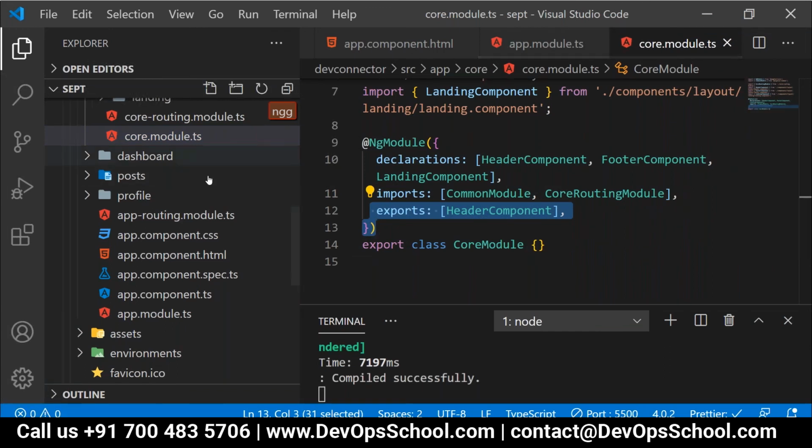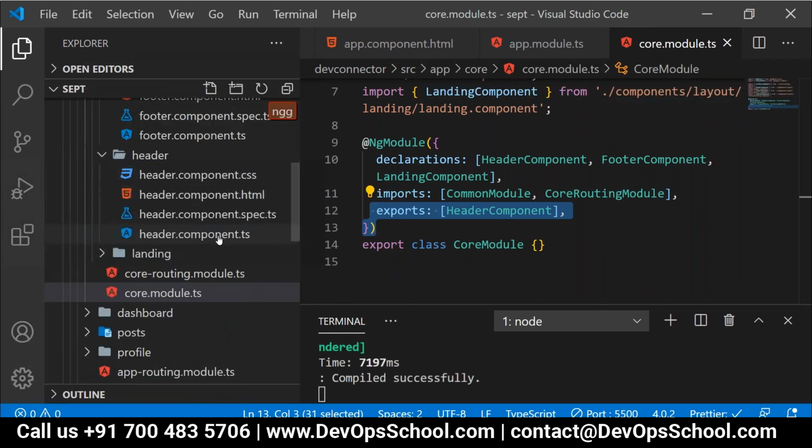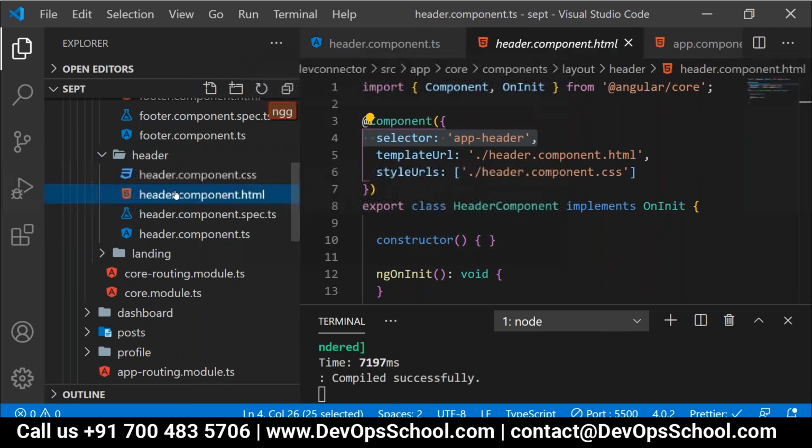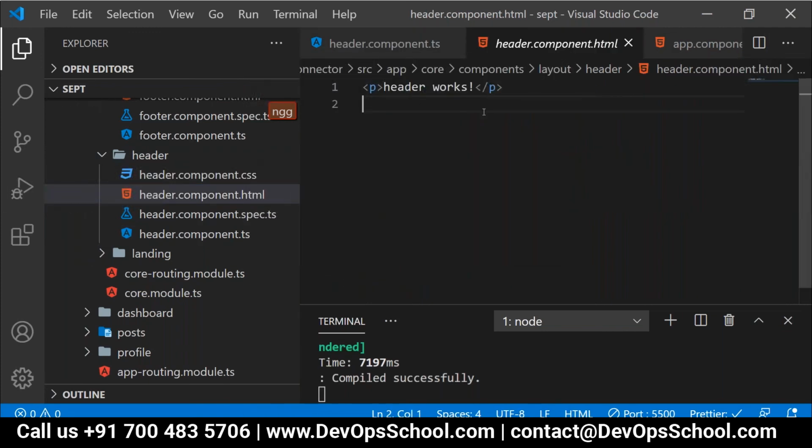It will go to the header component TS. Selector is matched. Then what it will do? Whatever the contents available with this header.component.html, it will pick that one. Clear, everyone, or not?